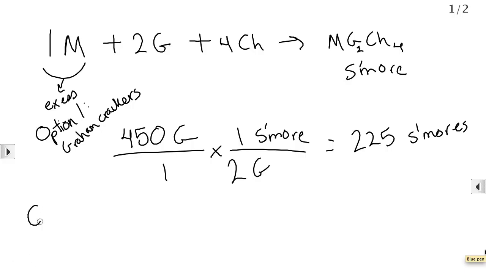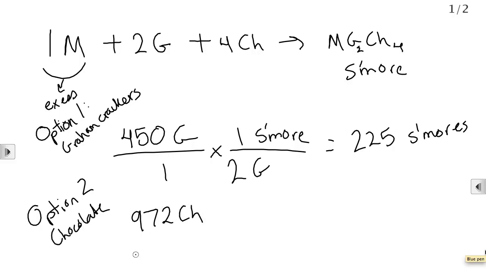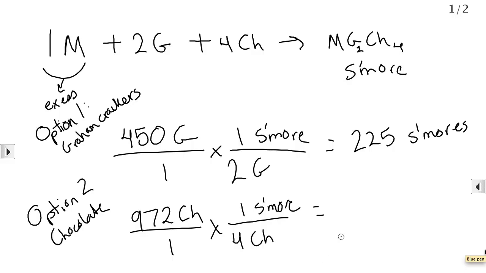So I'm going to go down and do option 2, and option 2 is the chocolate. I had 972 chocolate squares. If I look at my mole ratio again, I have 4 chocolates for every 1 s'more. When you divide that out, you get 243. Now, if you don't hear anything else I say today,